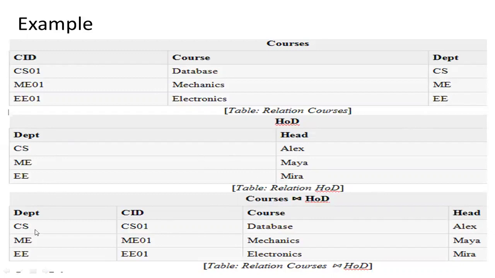With the matching values, you are just combining the two tables. The CID and course from the first table, that is the course table, and head from the second table. So you are making a join operation based on the common attribute present in both tables. In this way, if you perform the join operation, you can call it a natural join.